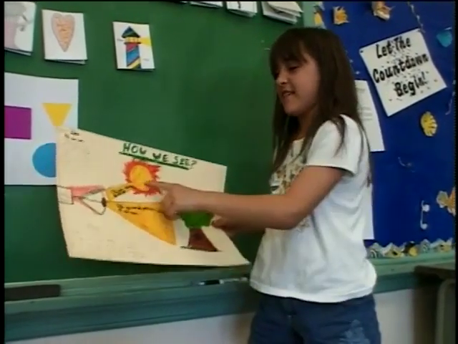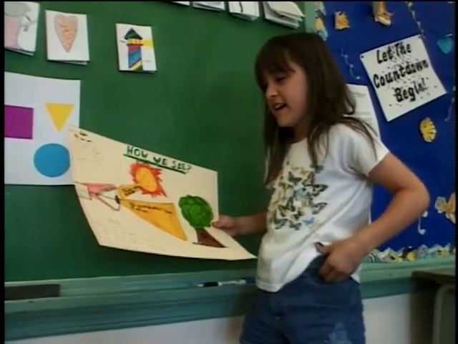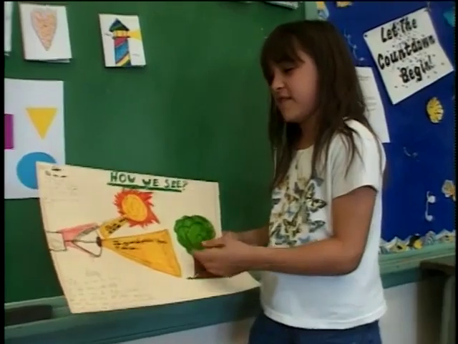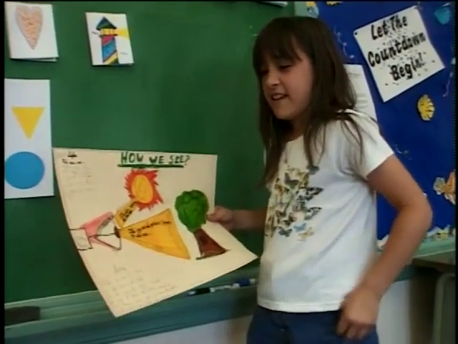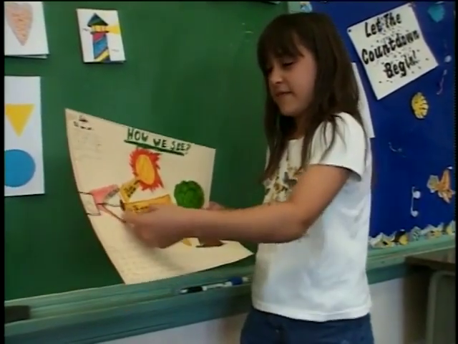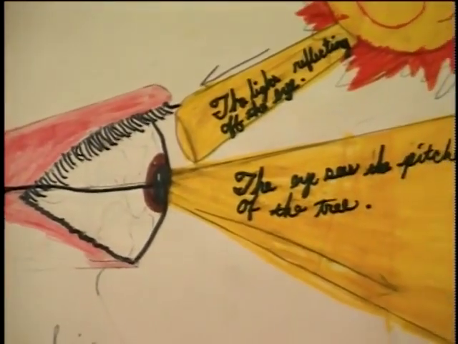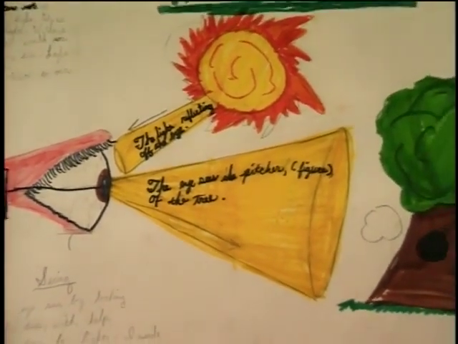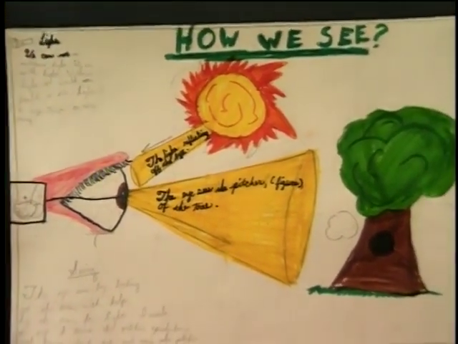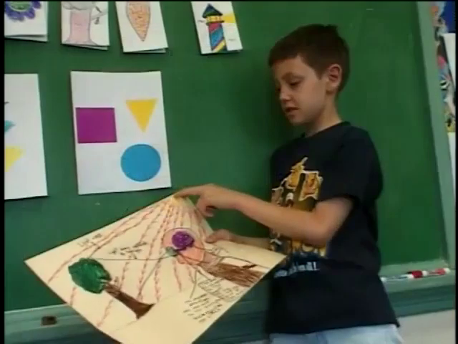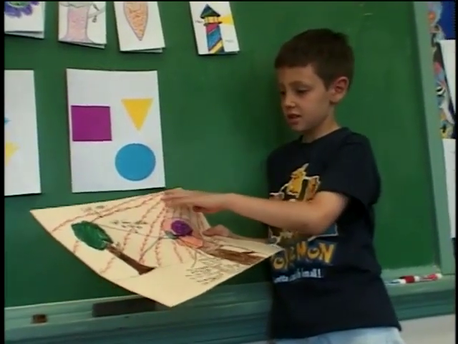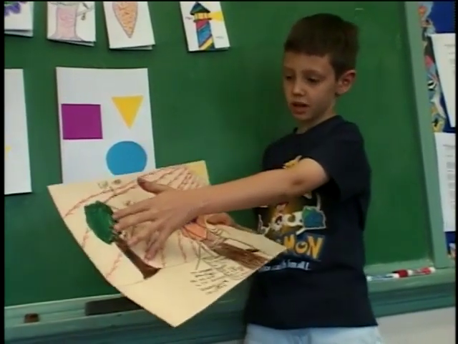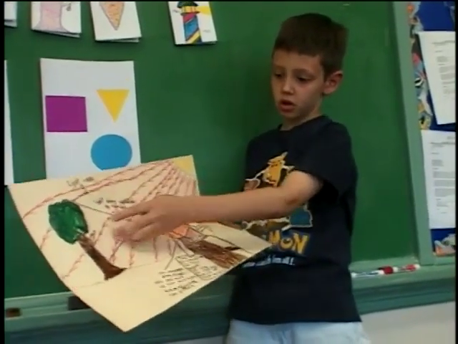And here the sun is reflecting toward the eye, off the tree, and the eye sees by looking at the tree. And then inside here, it's upside down and then reflects back out, and you see it right side up. And down here I'm saying the eye sees by looking at the tree with help by the sun for light. This is the sun, and these are light rays. The light rays are going at the tree, and then the light's bouncing off the tree. It's going into the eye like this.